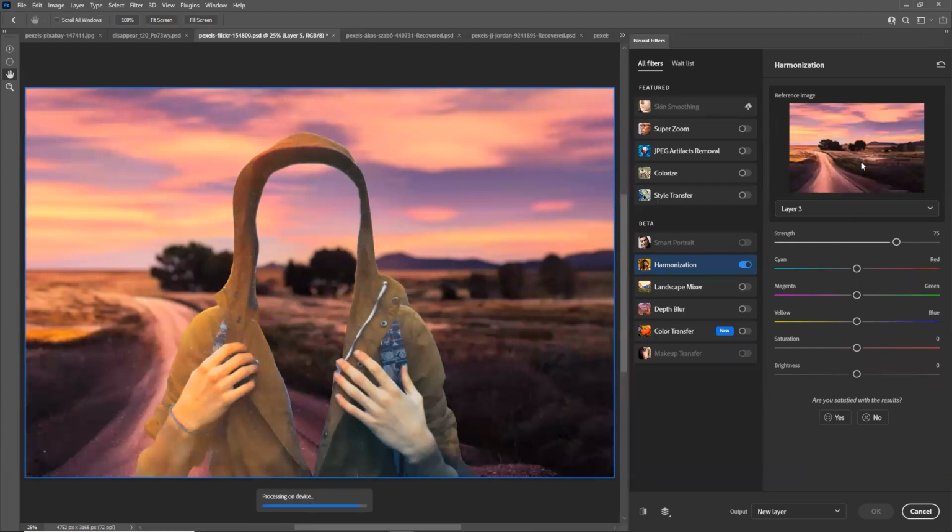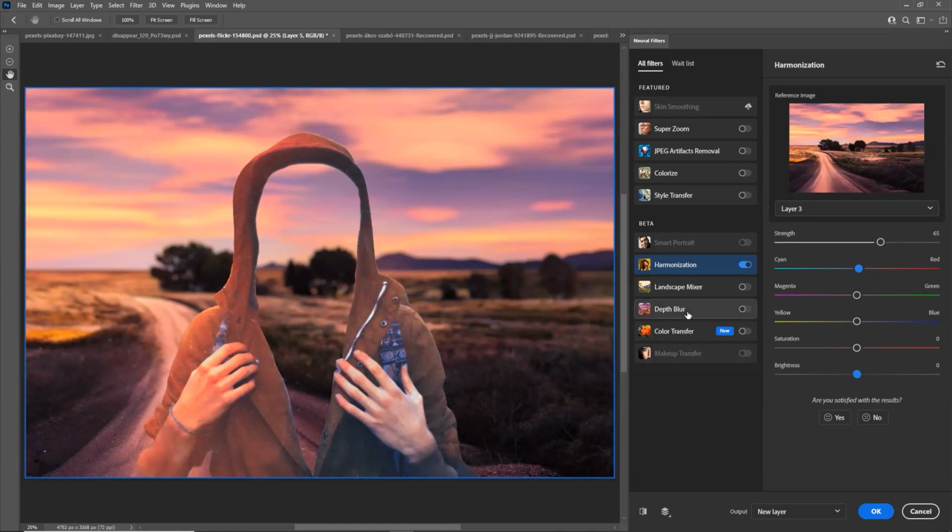So I will select this particular layer and see, based on the background layer, the entire lighting condition, the color code and everything of this particular image has been drastically changed by Photoshop's AI. You can increase and decrease the strength. Also, you can increase the cyan value, red value, totally up to your control. You can adjust brightness and contrast of this particular image.